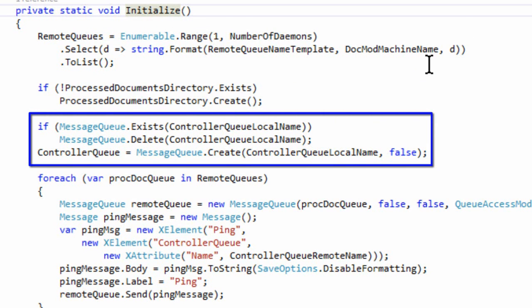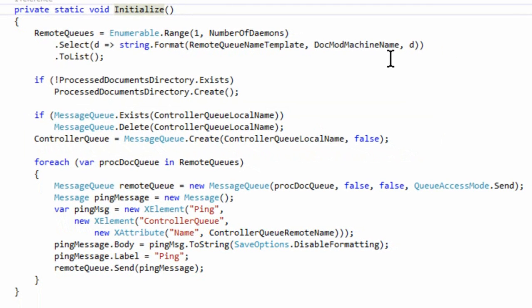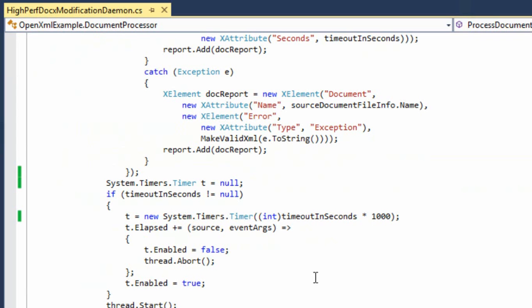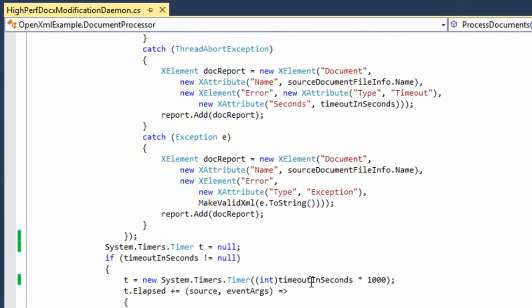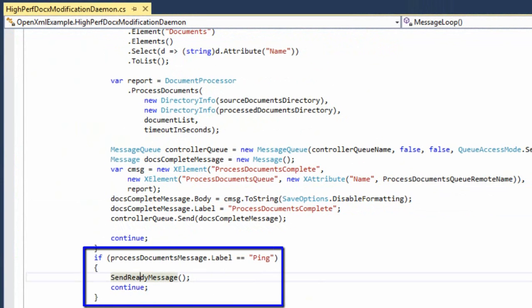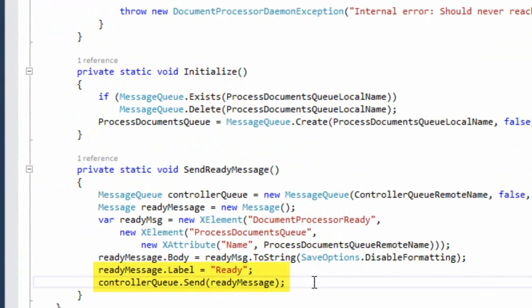So this is the one queue that lives on the controller that all of the daemons send messages back to. It then iterates through each one of the remote queues, sending a ping message to those remote queues. Now if we come back over here real quickly to the daemon, when we see this ping message, it calls this send ready message method, and the send ready message now sends a ready message back to the controller. Let's go back